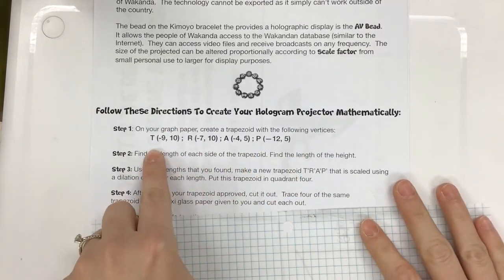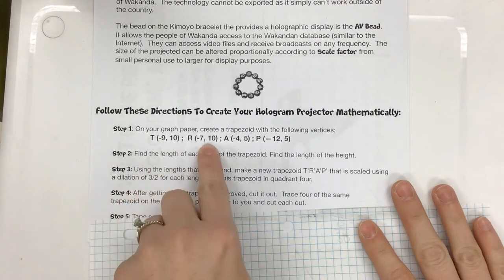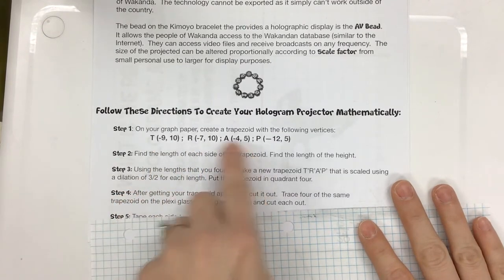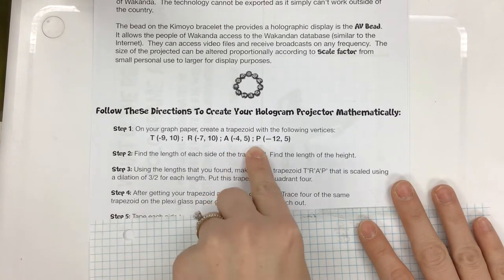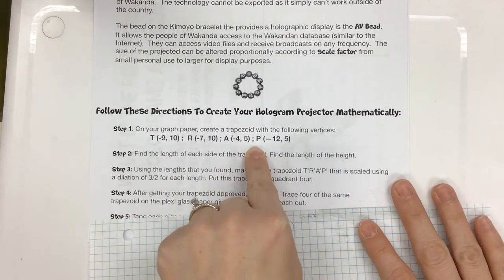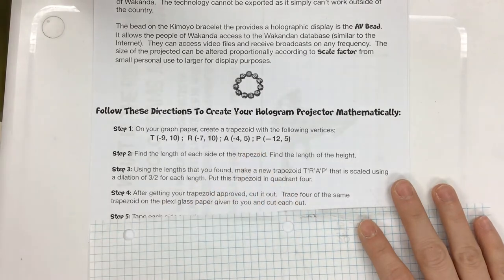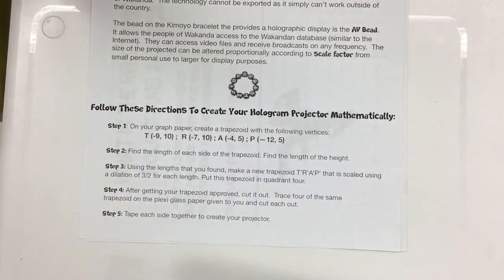So you're going to go ahead and mark the point R, point A, and point P. So pause the video here so that way you can graph this trapezoid. Okay, once you have the trapezoid graphed, you are going to